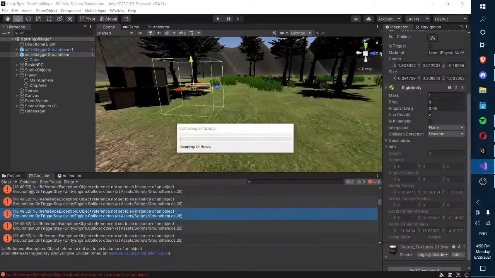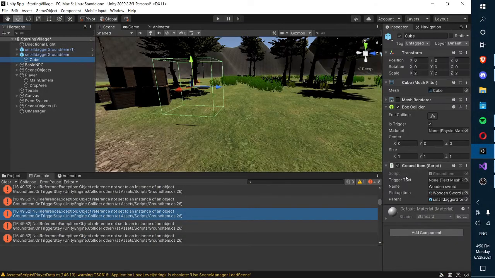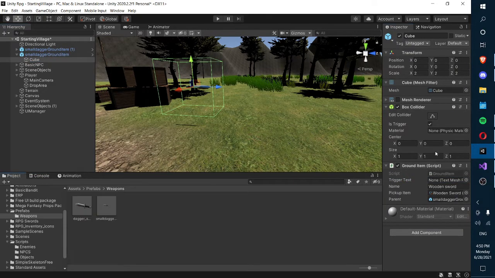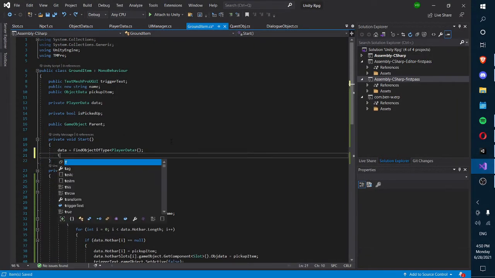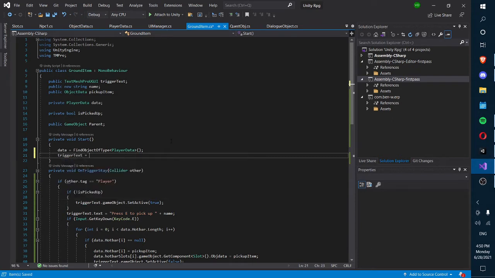Okay, so let's actually see what the error is saying. Object reference not set to an object. Oh, okay. So trigger text is not set as default as something. So we're gonna have to say void on start trigger text. Trigger text is going to be equal to game object dot